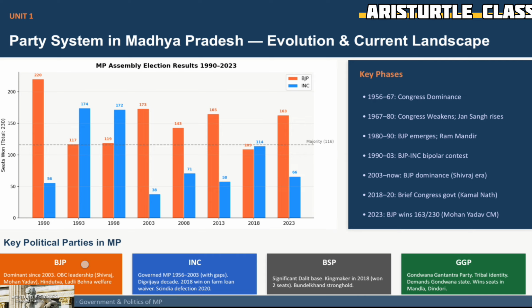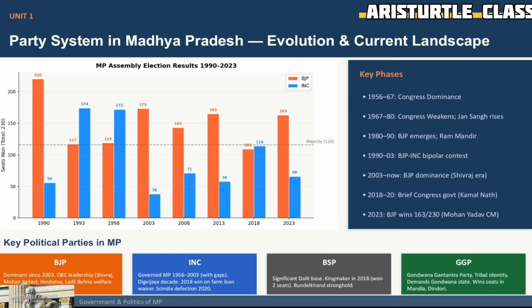Jansangh rose, and from this very century, MP is majorly led by BJP, and it has various aspects, because of the politics of marginalized people. There was a CM known as Shivraj Singh Chauhan who came up with the policy of Ladli Lakshmi Yojana. He gave 24 hours electricity. He constructed roads, etc. So there is a dominance of BJP in MP's politics.